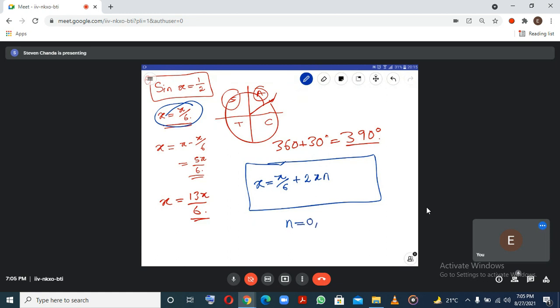So then you can also have plus or minus 1, plus or minus 2. And this is just coming from the point that, remember, these graphs of sine, they are what? They are symmetric, okay? So that's why you would see certain things such as